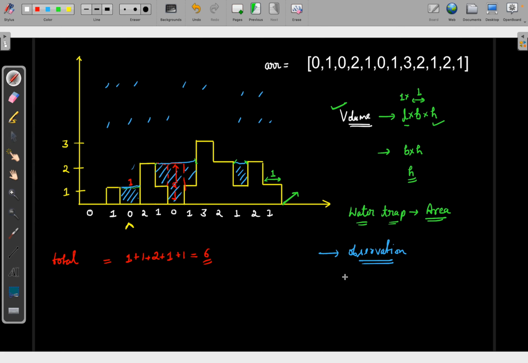So the current building height should be less than the building on the right side. I can say right building height, and it should be less than the building on the left side. So left building height. Okay, and if I am writing it in numerical terms, it will be my current